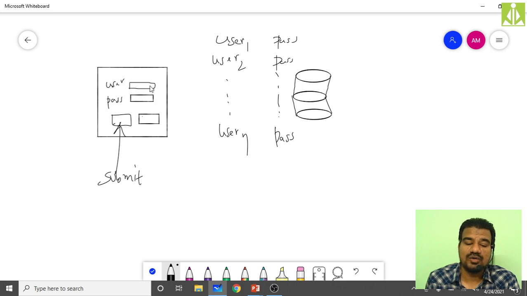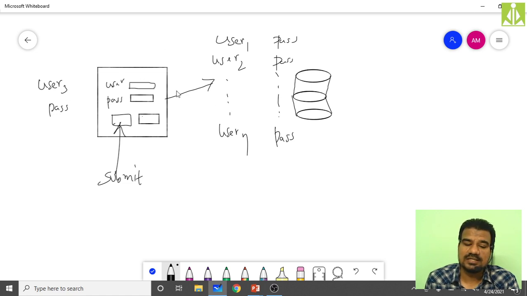So when a particular user is entering the credentials over here, let us say I'm entering user 3 followed by his correct password, correct user details I have entered. Then when I click the submit button, immediately this web page has to go to the database, interact with the database, retrieve all these details and compare this user 3 credentials with these details, whether these details exist over there or not.